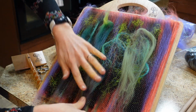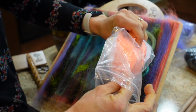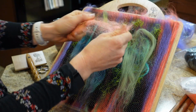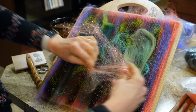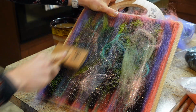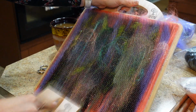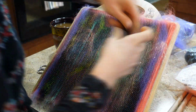So this is going to be very heathered. This yarn is going to be a little bit more homogeneous in the way that it looks. It's not going to be a self-striping yarn, and it will be a little bit more muddy. So lots of optical mixing. There was the Firestar, the Angelina, so I had put this into the other. I want to keep this as even as possible